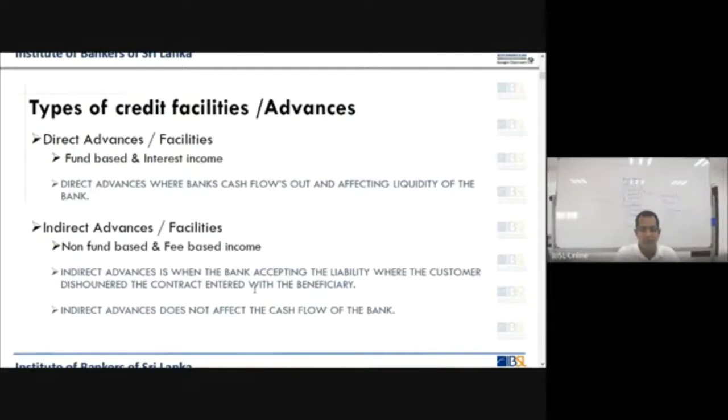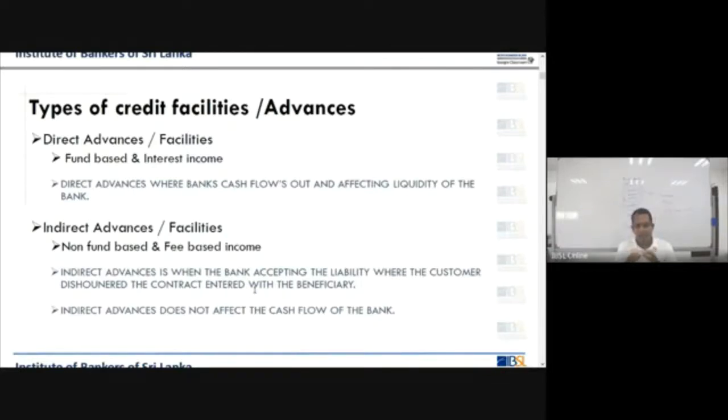We are giving a facility, and the customer can take out money at any time. So there will be an effect on the cash flow of the bank. As an example, I will give you a term loan, a 5-year term loan or a housing loan. The borrower can take out money, so the bank's cash flow will come down as the customer takes the money out. So in direct facilities, cash goes out and we earn an interest income,